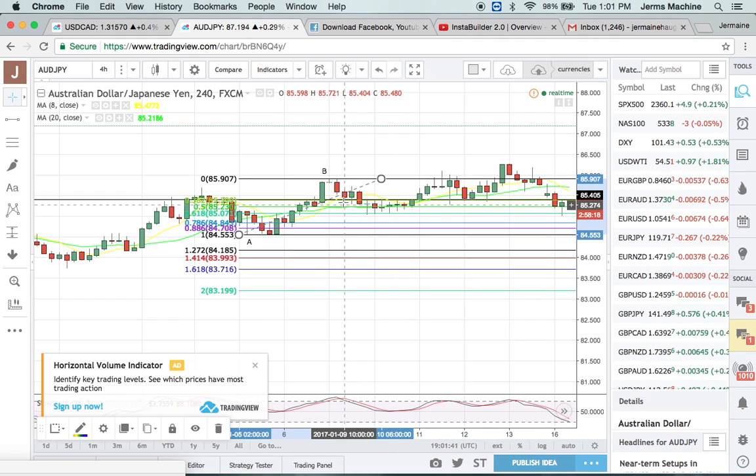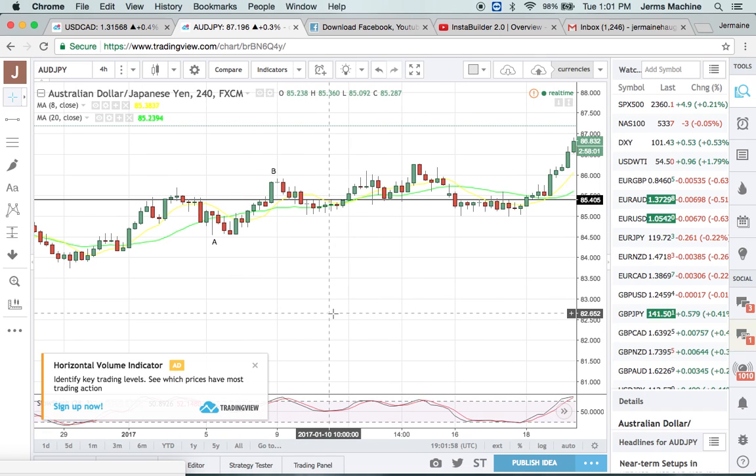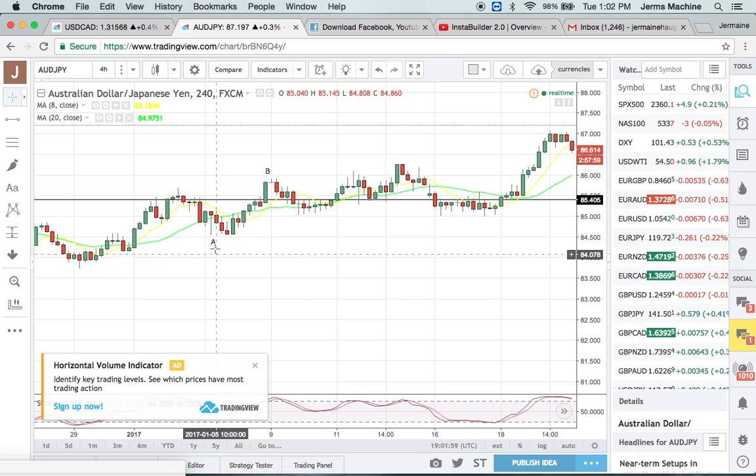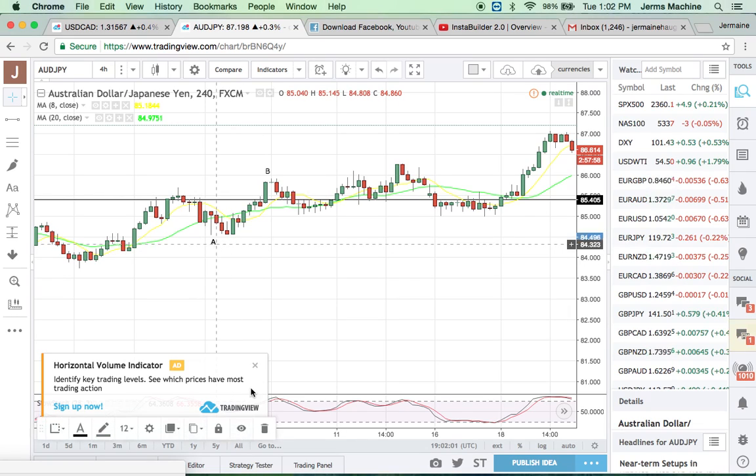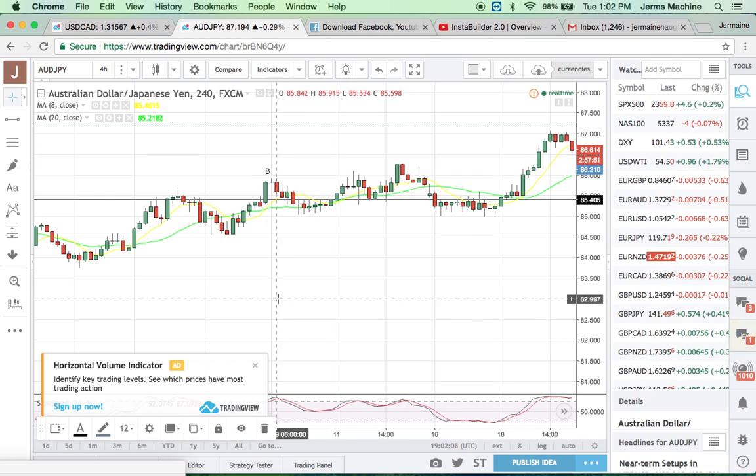Now, it should not violate A, because you're going to continually have higher highs and higher lows. If it violates A, then you do not have a higher low. So let's do another one, the opposite way, because nobody's really used to the market going down. I have to give you guys a lot of examples where we're doing everything in reverse when the market's going down. So let's get a good example going